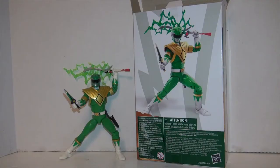Alright, so as we move to matching the back of the box, the first thing you might notice is that Tommy is leaning against the wall, and that is going to factor in. I know this is a very small point because a lot of people that get these figures, that spend $20 on these figures, get the figure stands, or they're not necessarily trying to match the back of the box or anything like that. But the reason that I continue to bring this up as an issue is just because I really do feel